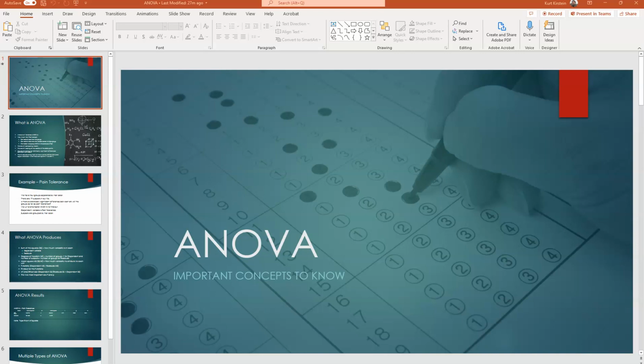ANOVA expands that dramatically. It allows us to look at one variable or multiple variables across two groups or more than two groups. So the real power probably of ANOVA will be for us to be able to look at the variable in question across more than two groups. So first off,